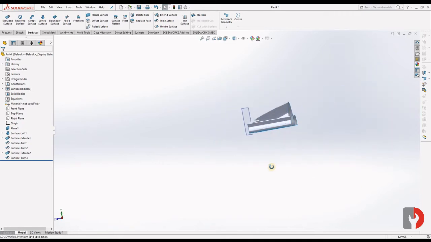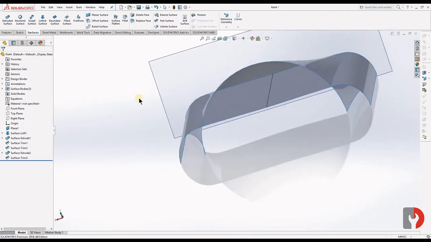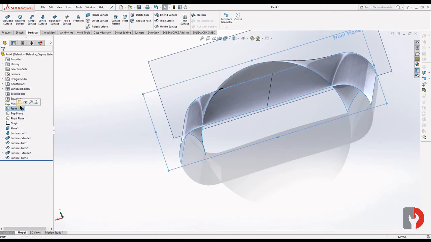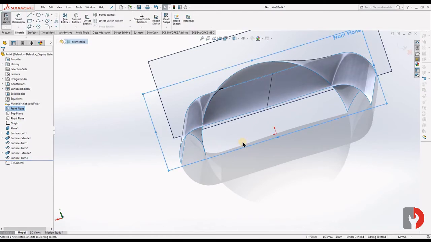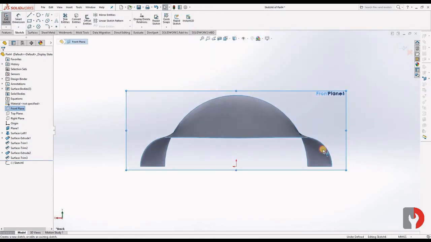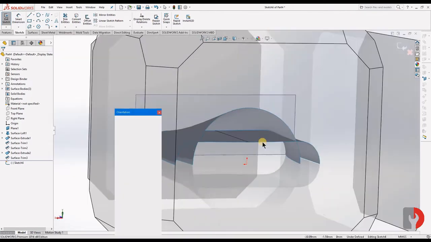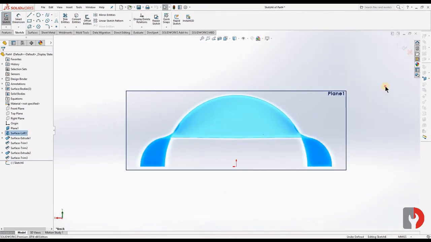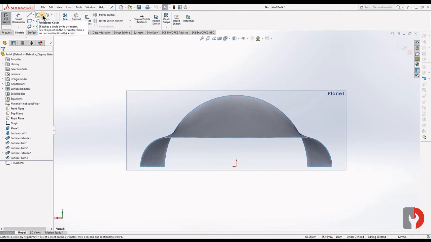Okay, now choose front plane, click on sketch, Control 8. Okay, now choose center point arc.